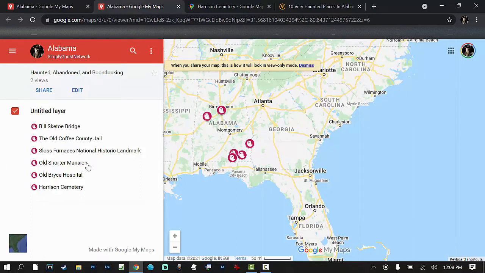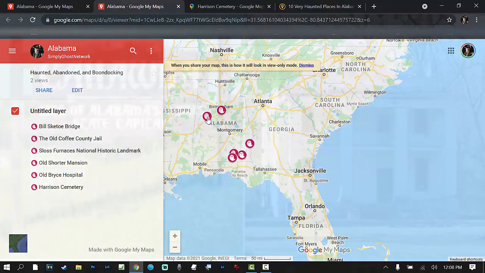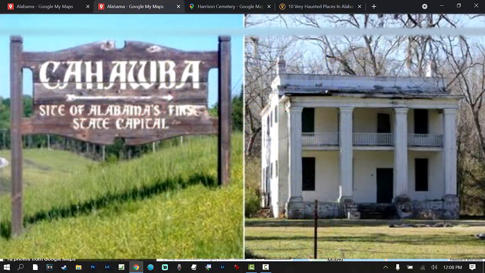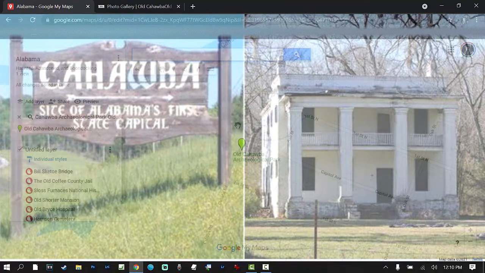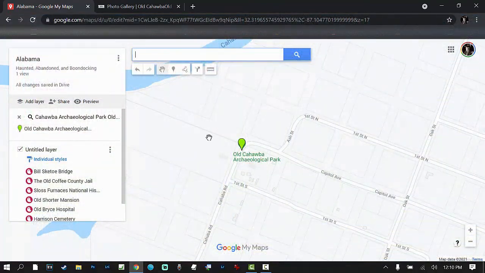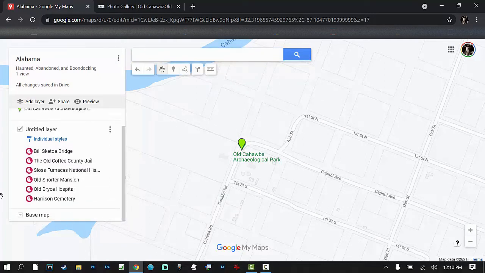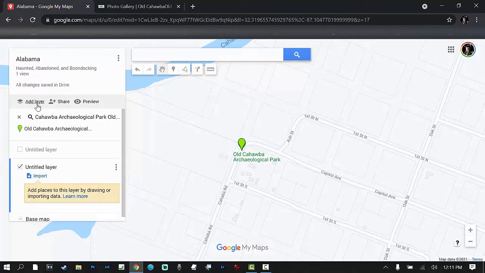Now, there's another place that I want to add for sure that I never made it to. It's up by Birmingham. Let's see if that's it. No, but Chuhaba. Chuhaba is definitely a place I want to go. Archaeological. There we go. So we're going to add this, but it's a ghost town. So let's just for grins, we're going to add it to the map, but we're going to add it as add layer. I think that's how you do it. We're going to find out here in a second. We're going to call this layer